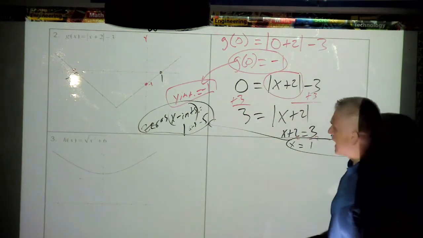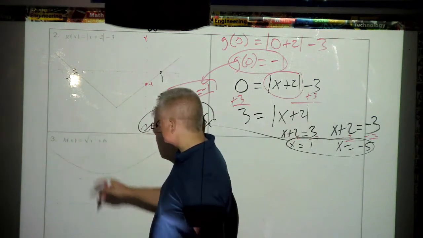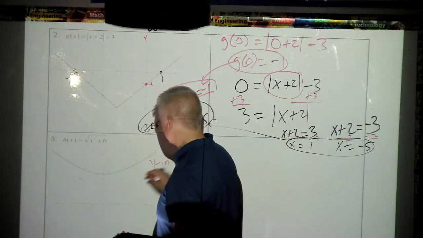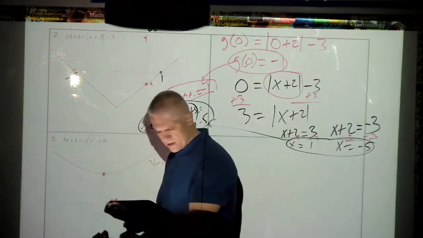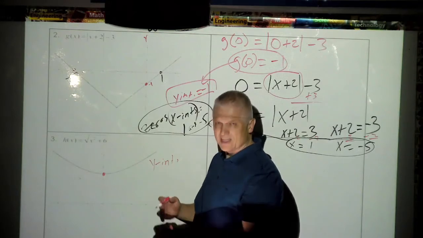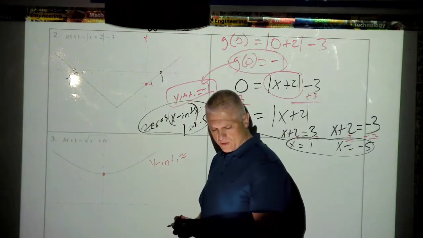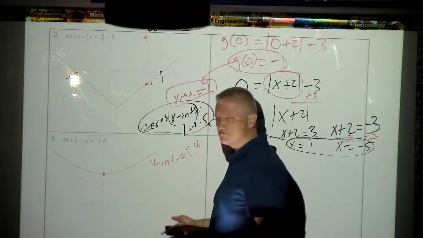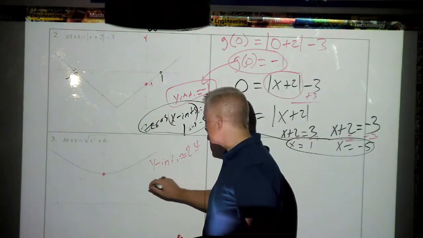All right. Now, number 3, square root of x squared plus 6. The y-intercept. Here's your y-axis right here. It looks like this point is somewhere between 2 and 3, a little under 2.5. So this one's a little more difficult. It's, I don't know, 2.4-ish. It's just a guess. And then for the x-intercepts, or the zeros,